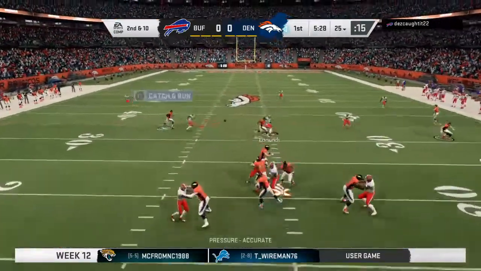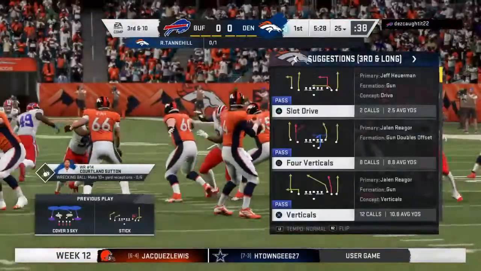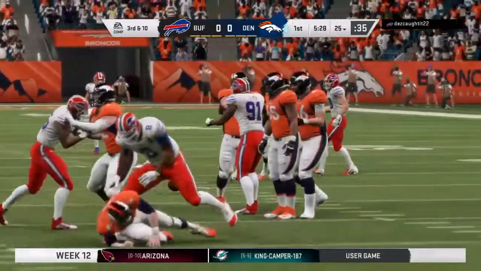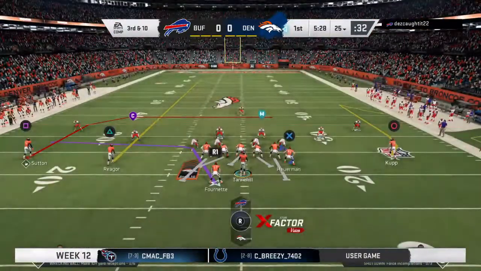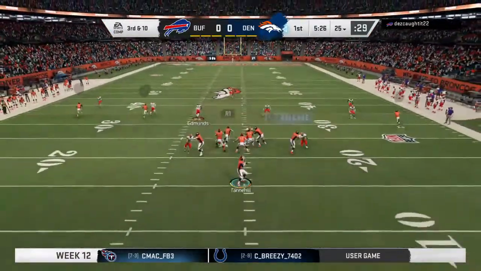Out of the gun, Tannehill. Throwing over the middle, but it's incomplete. Cortland Sutton was the man he was looking for. And it'll bring up 3rd down. I think that's a big-time play there because the slant route is really hard to cover because the timing is so quick. But able to see it, diagnose it, and get to the football, that's why he was able to bat it